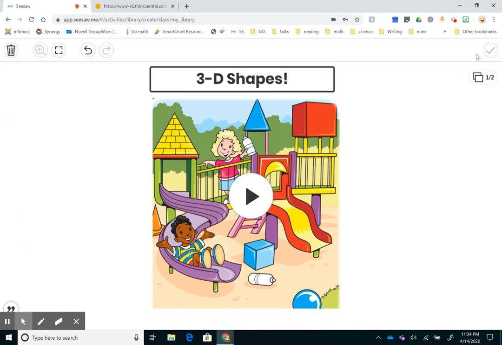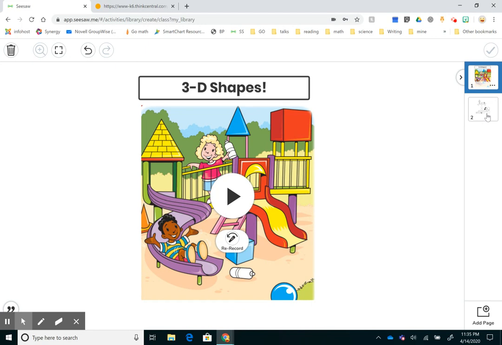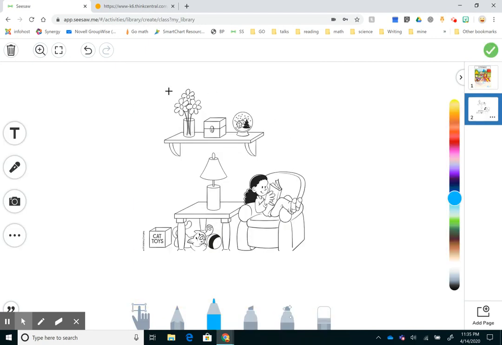This stops your recording. Then you can go down to your second page and build that page however you want. This one could perhaps be what the children write on. That's up to you. Once you've decided that you like the pages,